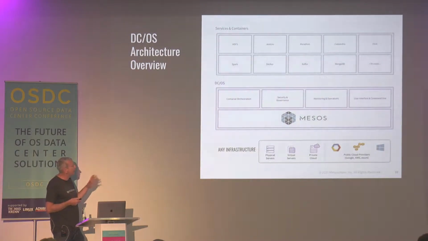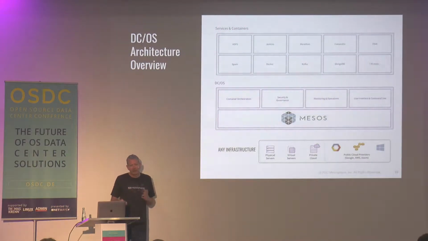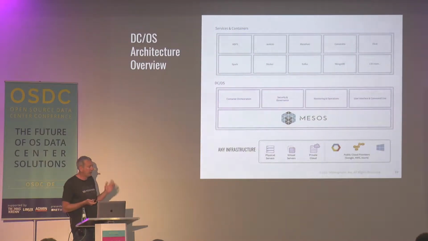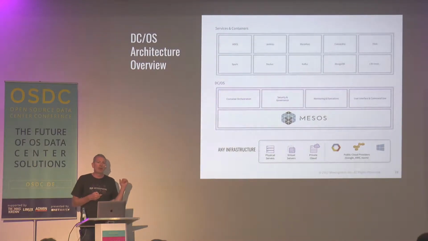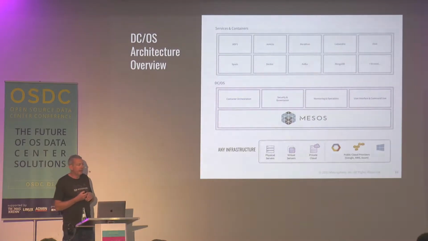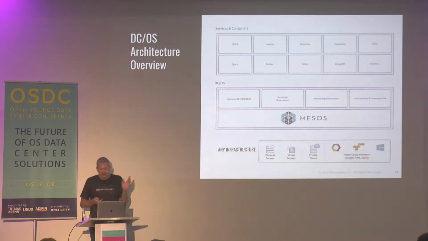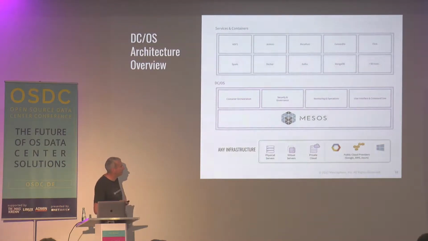And then we can run DCOS pretty much anywhere. So it runs on bare metal, on virtual machines. You can run it on private cloud, and it'll run on your public cloud provider of choice. We generally see about 60, 70% of DCOS users are really about running this on-prem because it gives you that kind of public cloud flexibility without actually being in public cloud. In the enterprise project, there's actually a whole bunch of hybrid cloud features where you can do cloud bursting and all that kind of stuff, but I'm not going to talk about that.